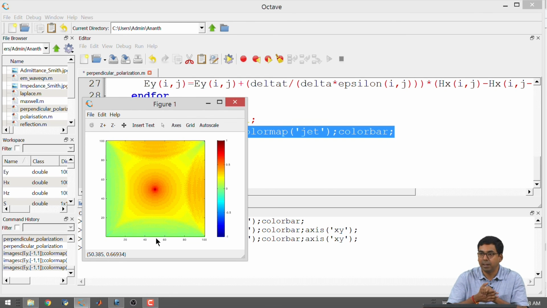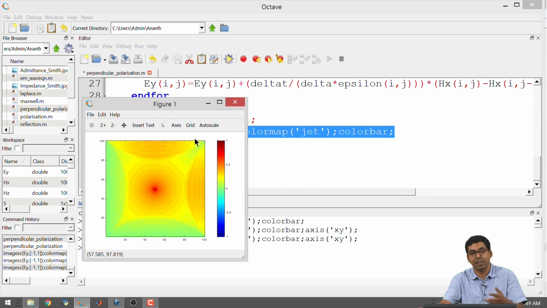So, it is creating some negative or destructive interference, right, and you are having a net 0 electric field coming into the picture. Here maybe it is not changing its sign. So, I can guess what kind of boundary conditions I have. If the electric field is flipping its direction, it means that you have a perfect electric conductor. So, I can guess that I have a perfect electric conductor on the left and on the bottom, and I have a perfect magnetic conductor on the right and on the top, because the electric field did not flip.